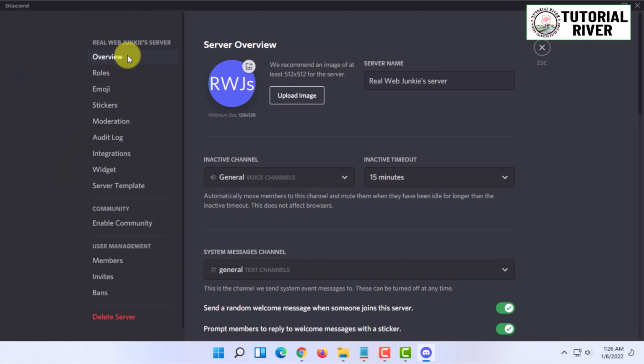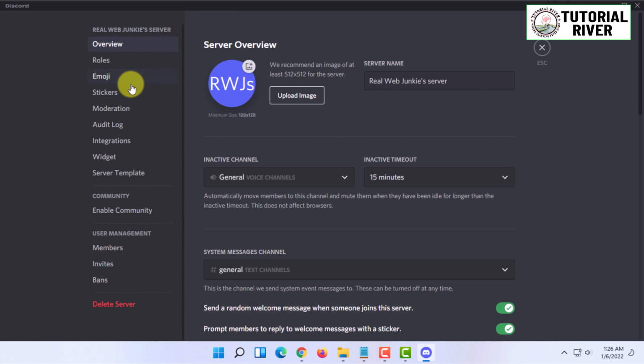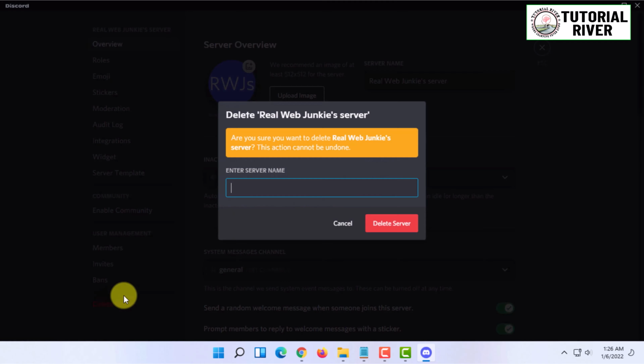Under the server name, you have to scroll all the way down, and you will find the delete server here. Under user management you will find it, or maybe another section which is completely only saying delete server. You have to click on delete server, and you have to type in the server name